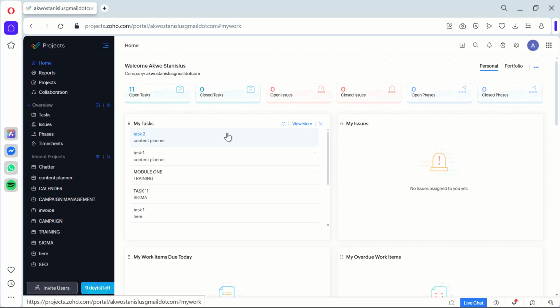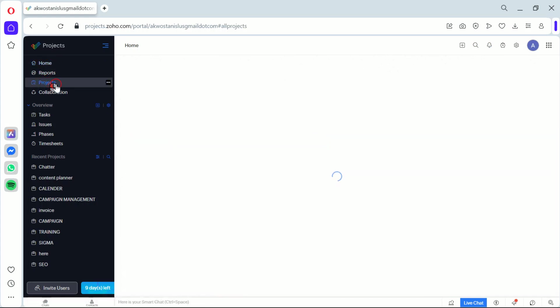Today we're diving straight into the process of linking Zoho Project with Zoho CRM, your go-to guide for 2025. First up, log into your Zoho CRM account. The reason we do this is to ensure that we have access to the necessary settings and data for the